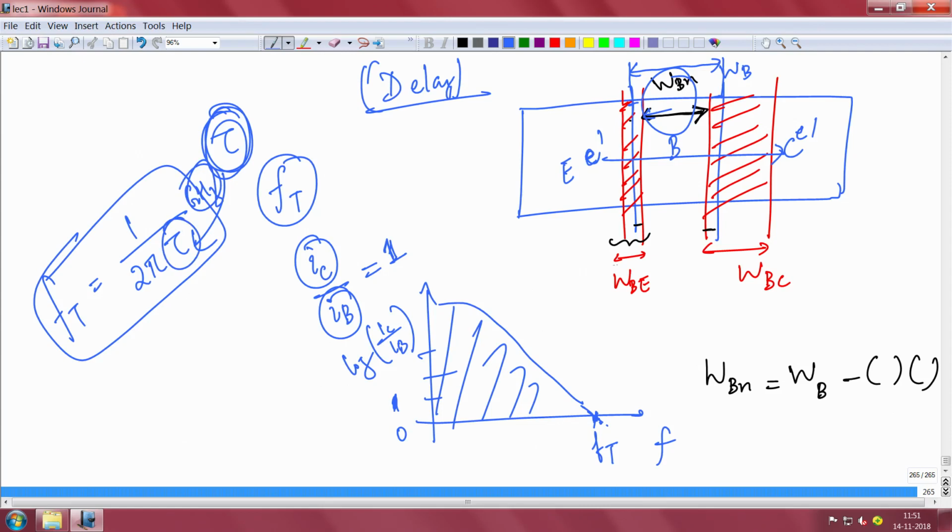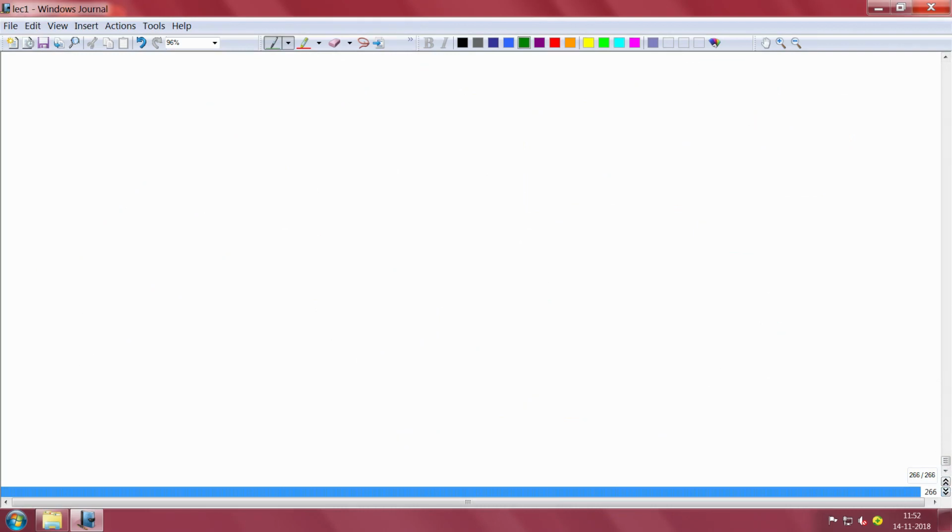The frequency, in gigahertz or hertz, will be faster when your tau is smaller. An electron, when it goes from the emitter side to the collector side, will encounter many delays. Those delays will add up and give you the total delay. So, what are the delays that we should remember? When an electron moves, it also has to go through capacitors, and there will always be capacitive charging and discharging which will add to delay.